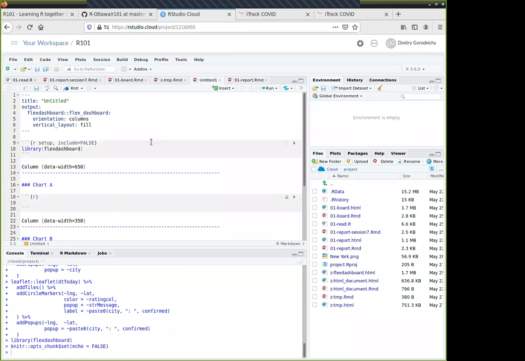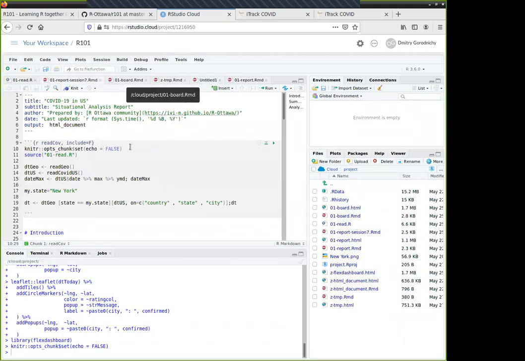It's an empty basic template. Now, I see some of you have managed to install Flex Dashboard, some did not. So again, for those who have not installed it, let's make sure you do have it by installing. And if you have installed it, you should be able to do what I have just done: go to File and create from template. For the time being, I will move on with my execution of my dashboard, and you could try in parallel